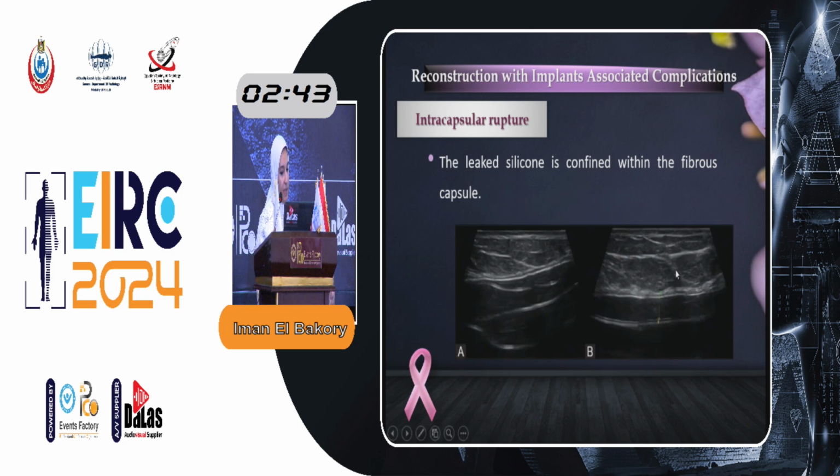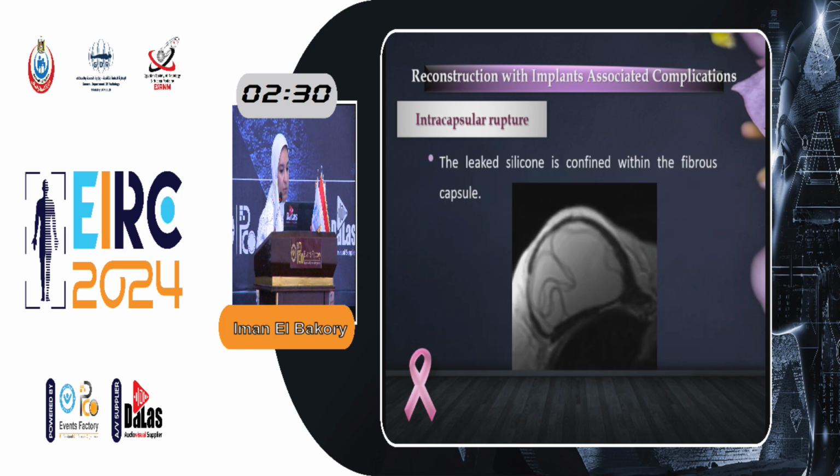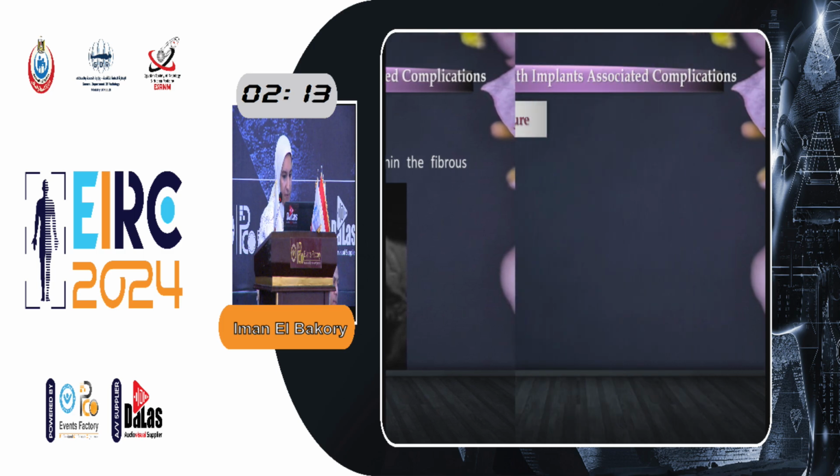We can see the silicon outside the implant shell and inside within the capsule, yet this may not be silicon. So again, be cautious when evaluating the silicon in ultrasound. Okay, there are many signs for intracapsular rupture, and the most specific one is the presence of the free shell within the silicon, which is not easy to be found. Other signs include the keyhole sign, nose sign, subcapsular lines, and they are all non-specific.